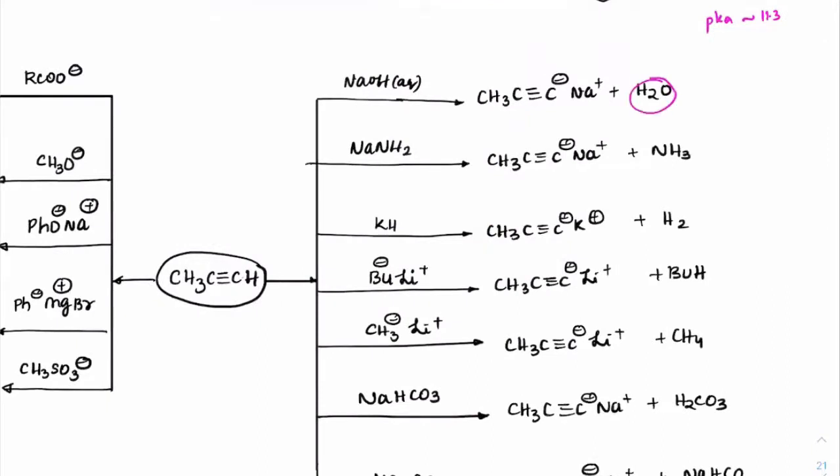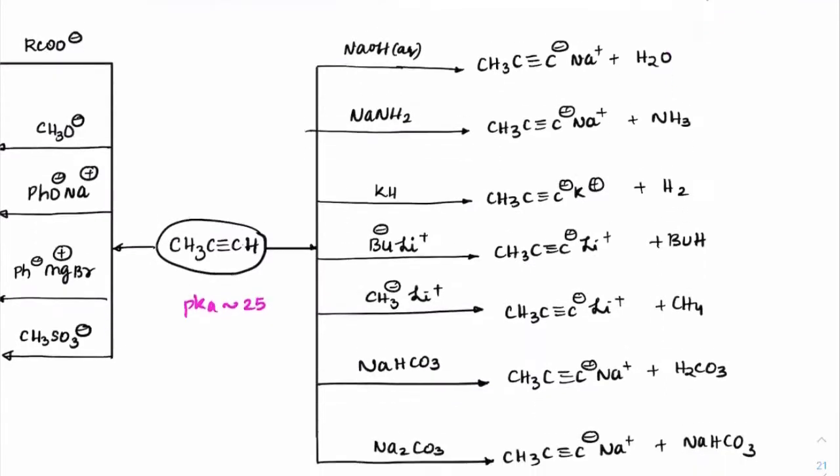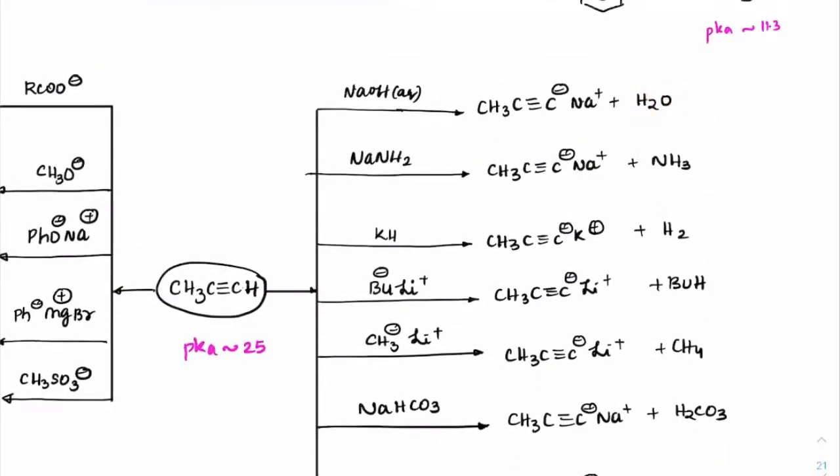The pK value of water is around 15. Now if we check out the pK value of acetylene, this is around 25. Acetylene or any triple bond form is in the range of 25. Now from 25, would it come to 15 here? No. So there won't be any reaction with OH minus. Next, NaNH2, sodamide solution. If we take sodamide solution, the NH3 pK value is 38. So yes, this reaction will definitely happen.